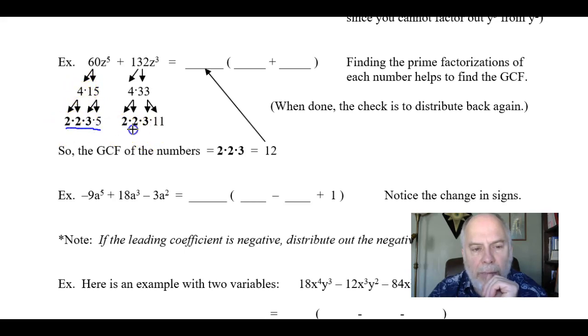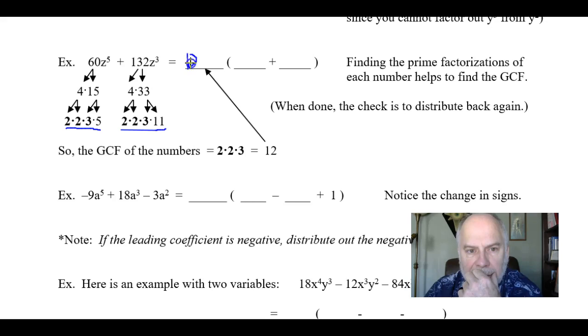All these numbers are prime numbers, so we've broken it down as much as we can. And then we can look and see what factors are common to both expressions of factors. So 2, 2, and 3, those numbers are in each of the prime factorizations. So the greatest common factor, you can figure that out this way, would be 2 times 2 times 3, which is 12. So 12 is the greatest common factor